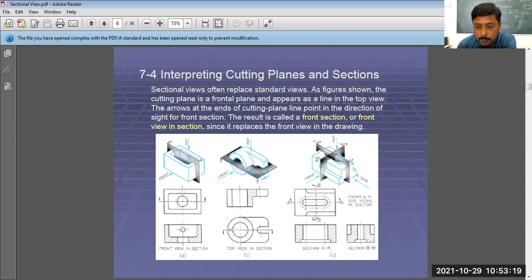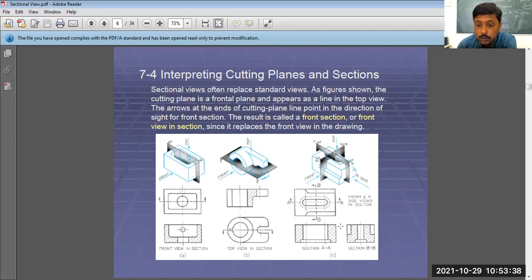BB will remove this part, and we are going to get this sectional view. Section AA, section BB.